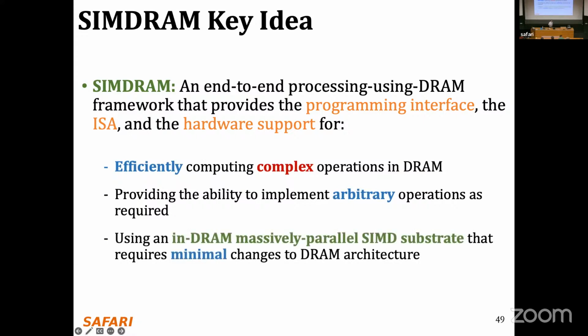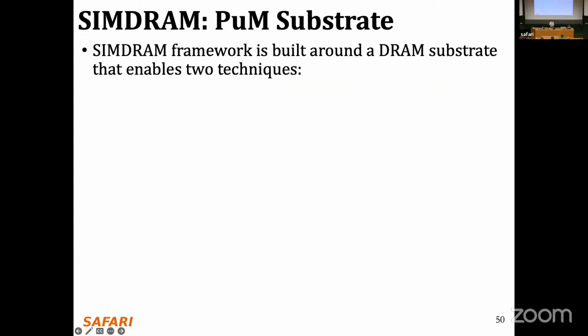At the same time, it enables us to start looking at DRAM not only as a memory substrate, but also as a massively parallel SIMD substrate, where each one of those DRAM columns that I mentioned earlier, those 65,000 in DDR4 devices, can now be seen as a SIMD lane in a vector processor. And all of that with minimal change to the DRAM architecture itself. The main feature that we are going to leverage in the SIMDRAM substrate is, first, the idea of using a vertical data layout to represent data.